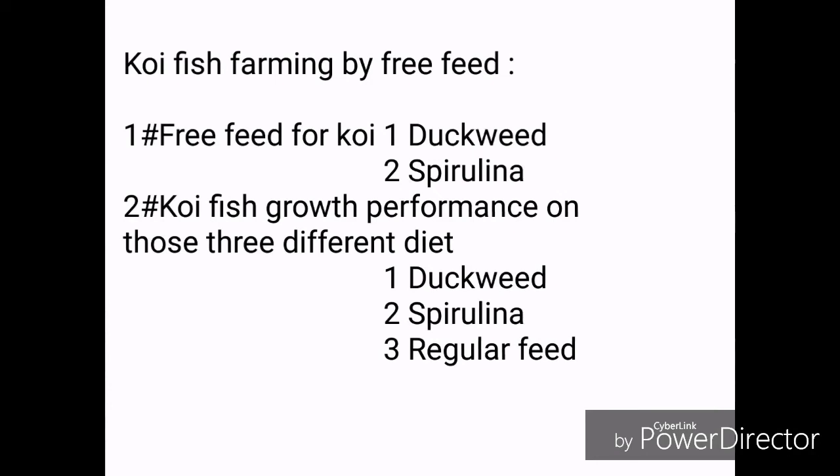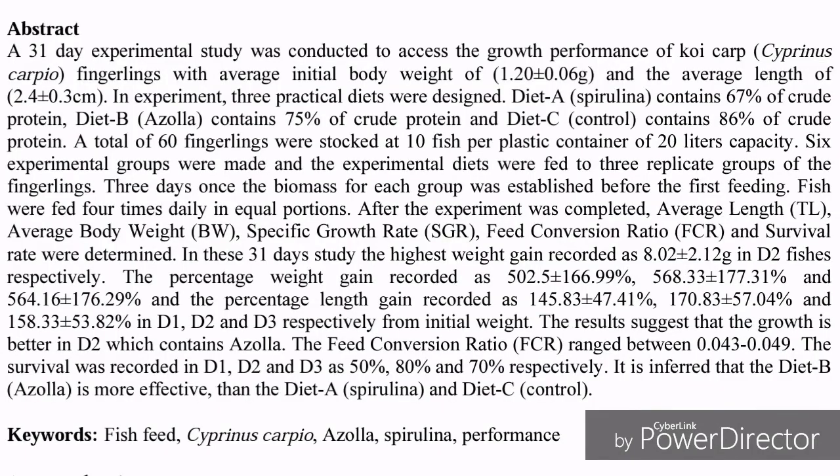So I will show you the competitive growth performance on different kinds of diet and their survival rate on different kinds of diets, and their average daily growth rate and the FCR, I mean food conversion ratio, of these three different kinds of feeding diet. So here the